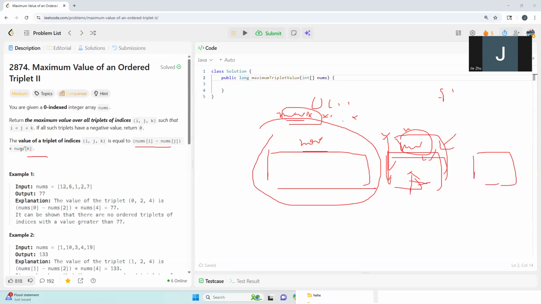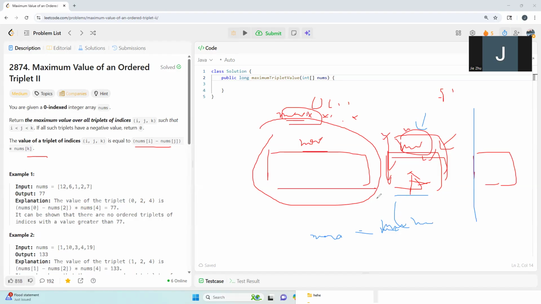We know this one can only be nums[j], right? If so, the max diff will be the maximal of the previous max diff, and